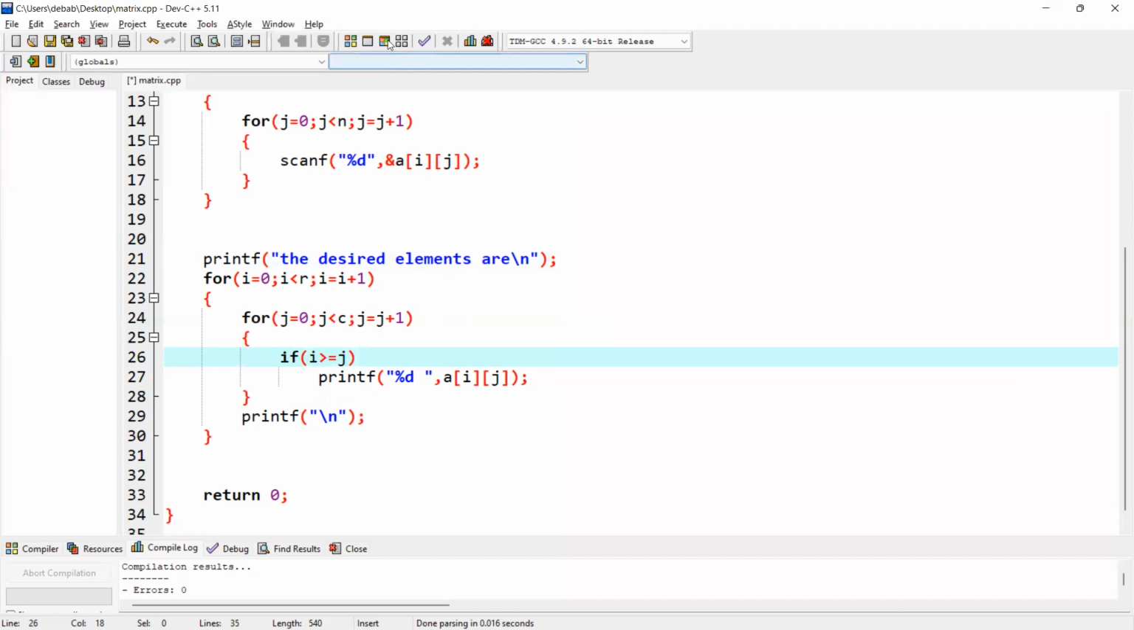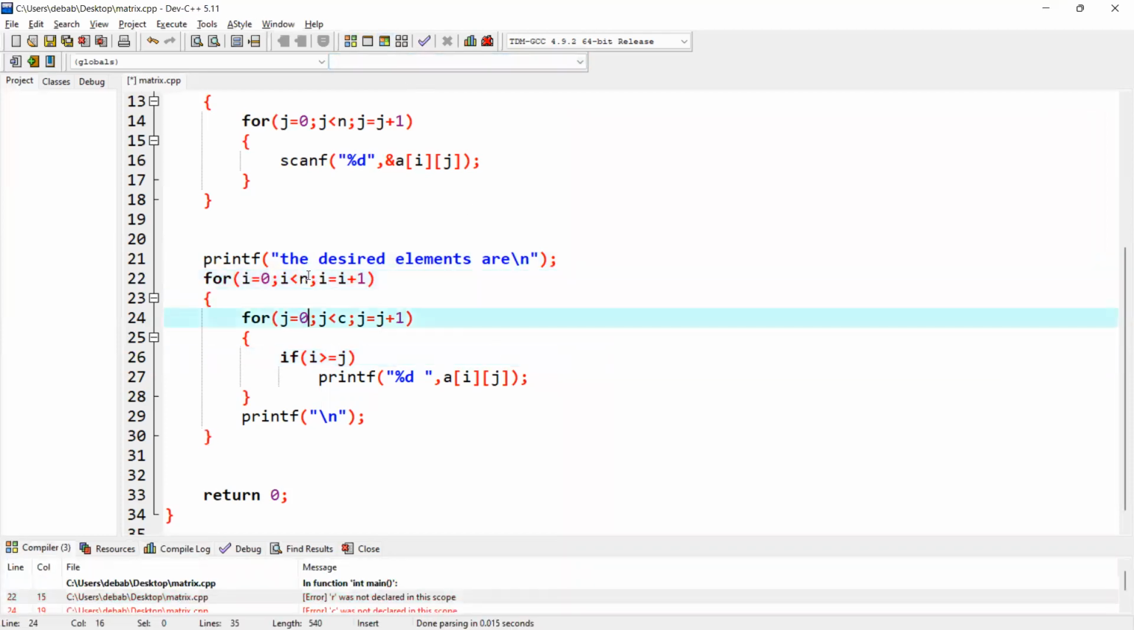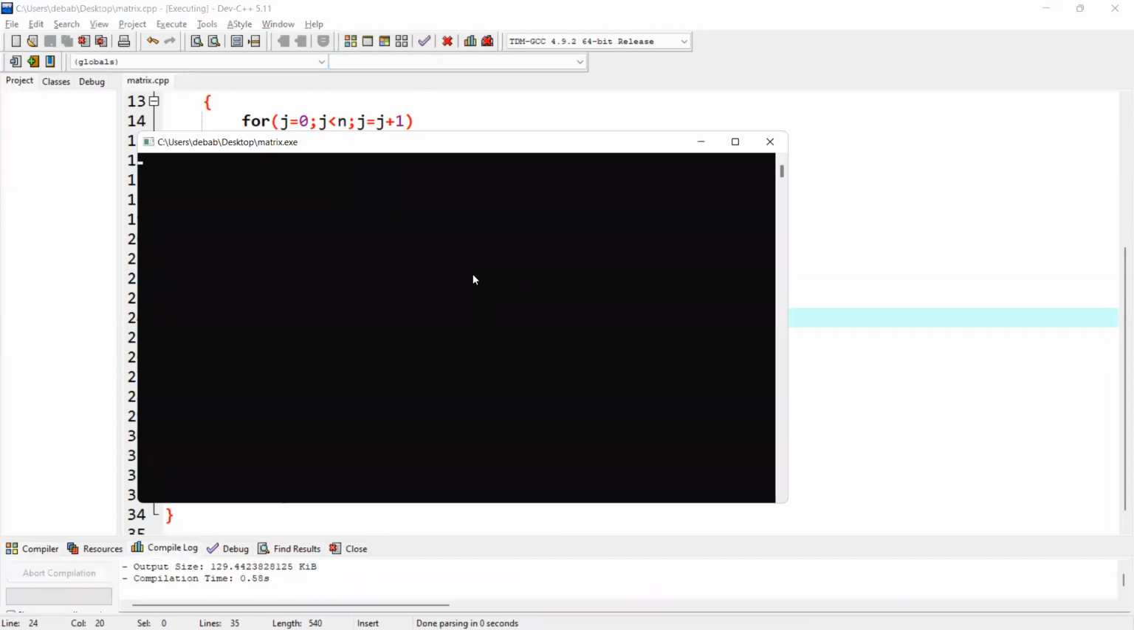So if I print this out, okay, something goes wrong. Okay, it is not R anymore, it is N, because I am working with a square matrix. Now if I run,